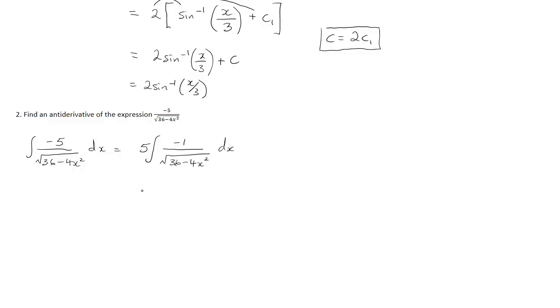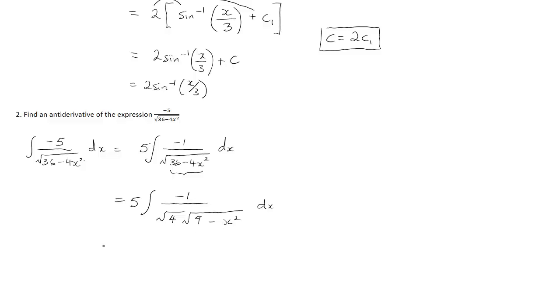Okay, so I've got this expression. Now, the denominator looks right, except there shouldn't be any number in front of your x squared. And in this case, obviously there is a number in front of x squared. So what I'm going to do is I'm actually going to take that number out. So I'm going to go minus 1 over, take out square root of 4, and what you're left with is 9 take away x squared